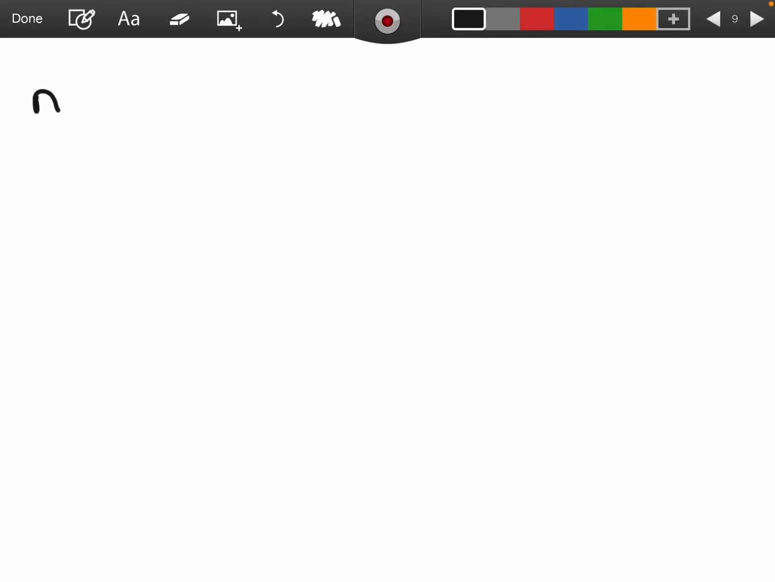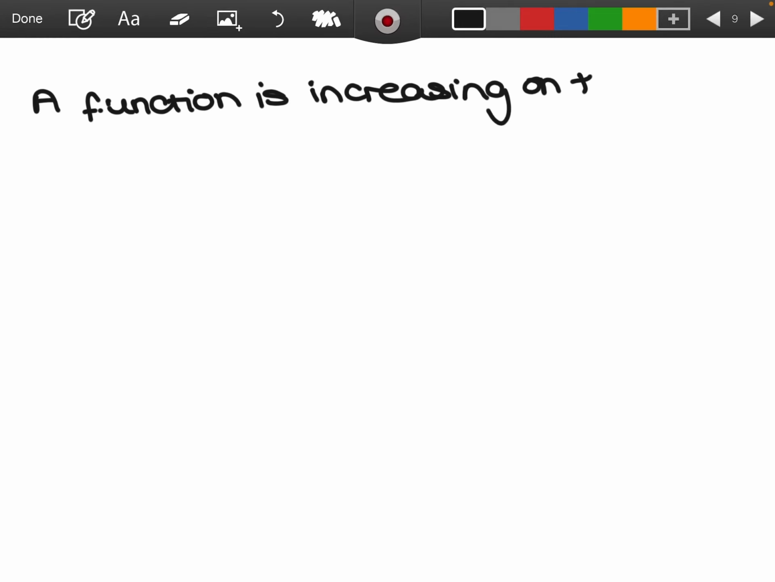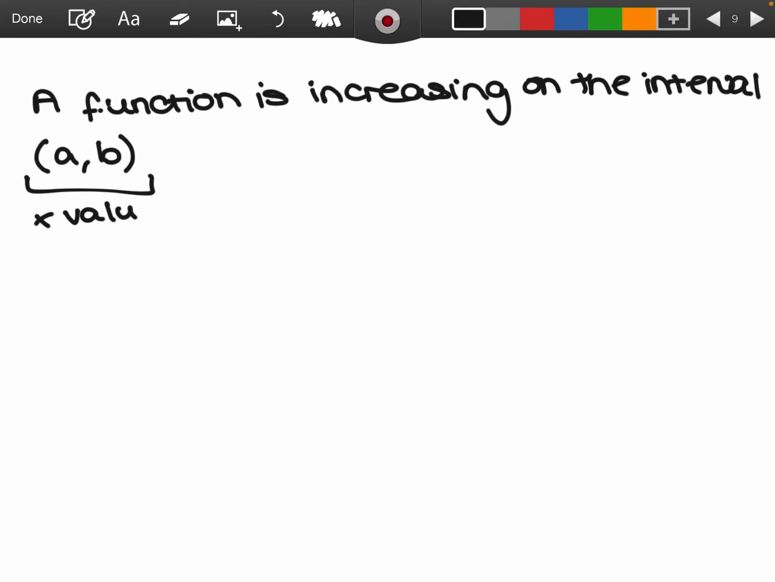So we say that a function is increasing on the interval AB. This is for x values. So we are looking particularly at x values. Don't look at y values right now, the function values. We are looking at the x values. So it is increasing on this interval of x values if